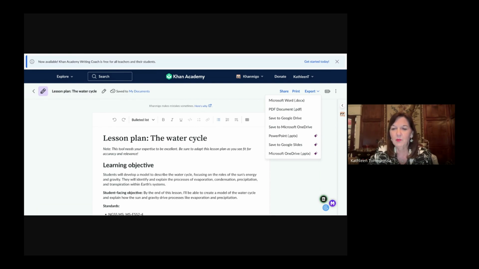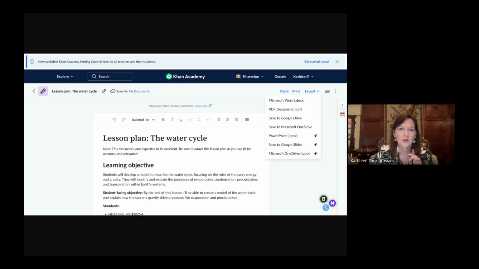It'll go to PowerPoint. It'll literally make a PowerPoint slide deck right out of this lesson plan. I don't do that very often because this lesson plan is really more for me, but if something that I created in here is more of a student material and I wanted it to go into PowerPoint, I can do that. And I can also save it to Google Slides. In my Google district, I have saved stuff into Google Slides, so it's already done there. So then it exports it seamlessly for you. That's the power of this. You're doing one thing, but it gives you the option to do other things and it makes it fairly easy.